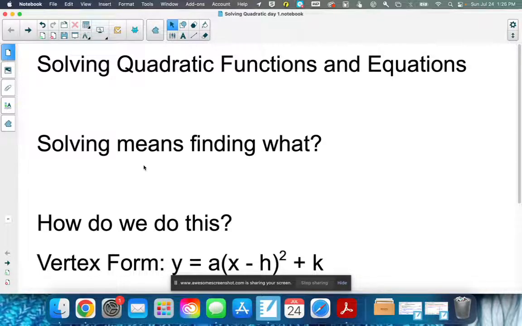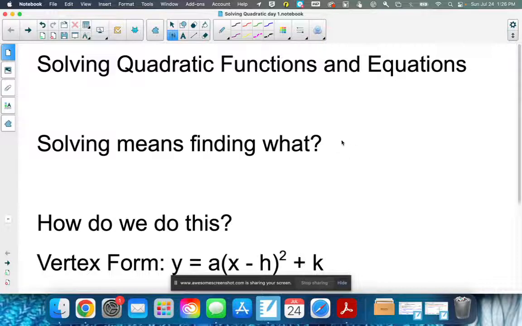Okay, so today we are going to be solving quadratic functions and equations from vertex form. You should have already done solving quadratics from standard form by either factoring or using the quadratic formula. Just as a reminder, when you're being told to solve anything, we're talking about quadratic functions, linear functions,